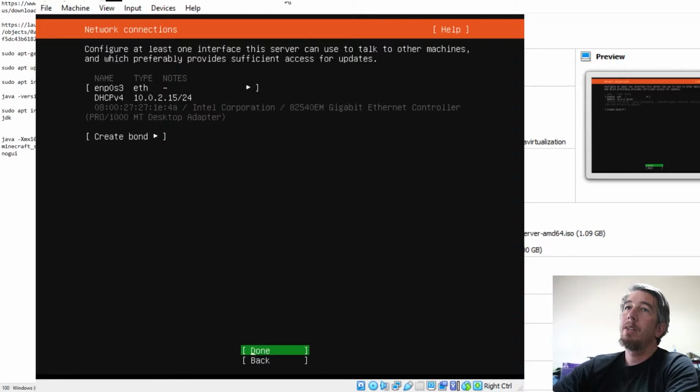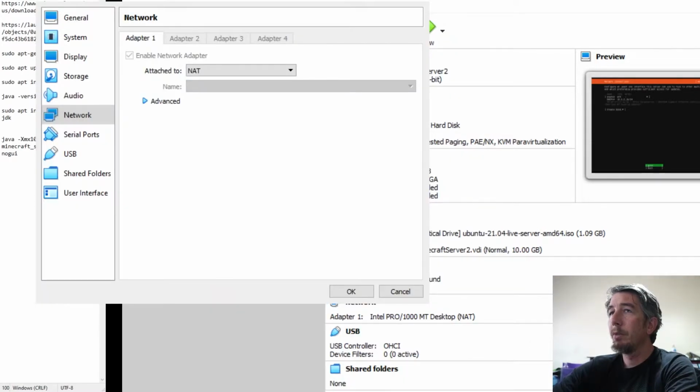I'm on the 10.0.0.1 subnet here, but it wants 10.0.2.15. So let's go ahead and change that now. Under Devices, let's go to the network settings. Let's switch this window capture over so you can see what I'm doing here. So, network